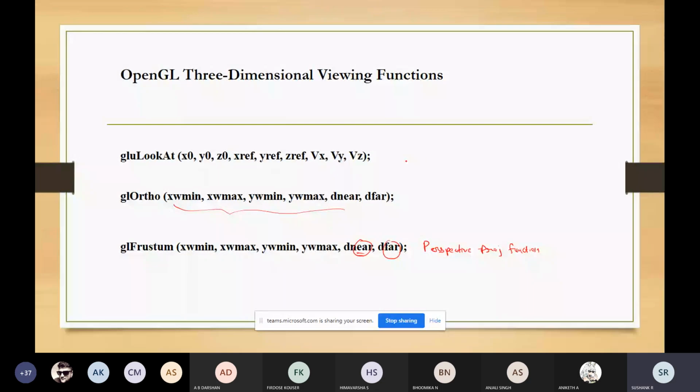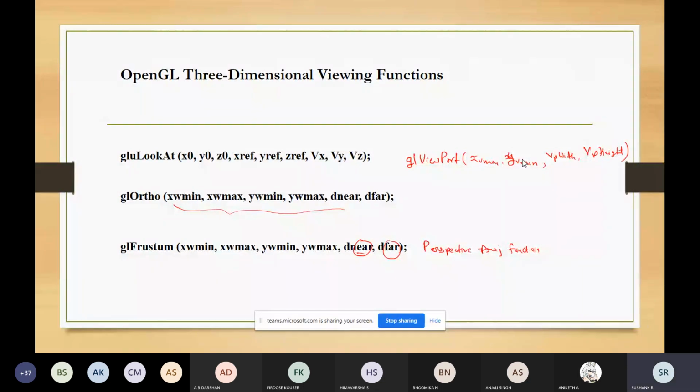This viewport function will take only four parameters: x viewport minimum, y viewport minimum, width and height. So this viewport will take 4 parameters. This will come under the OpenGL viewport function.